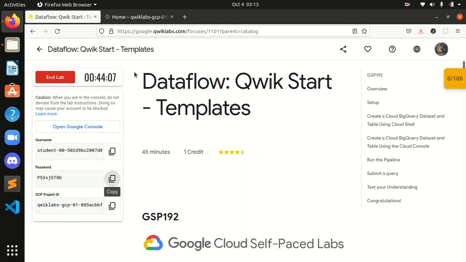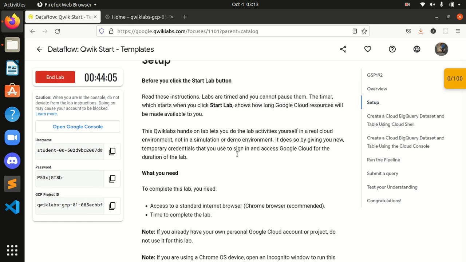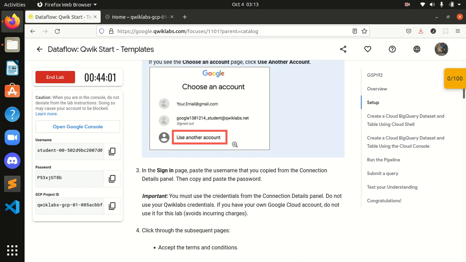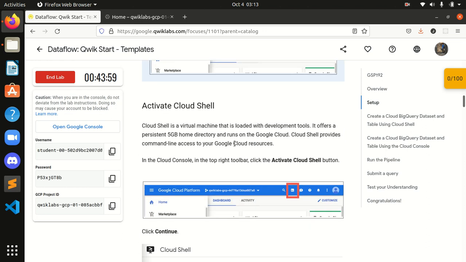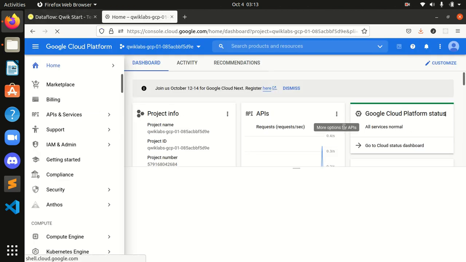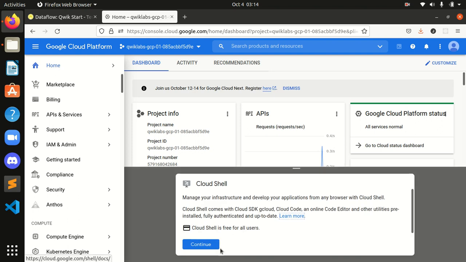Okay guys, we are here. Now see the setup for this, okay, we are done with this. Now we have to activate our Cloud Shell. Let's activate our Cloud Shell over here. You can see our Cloud Shell is getting open.